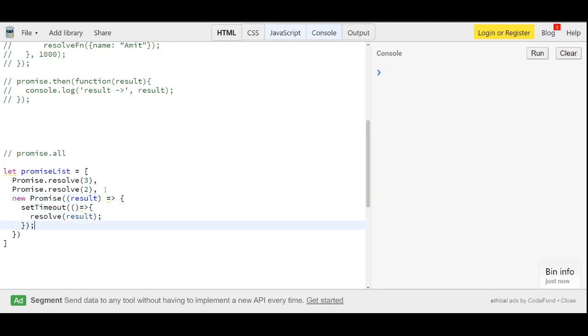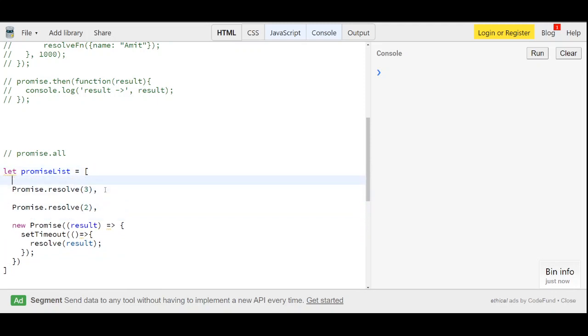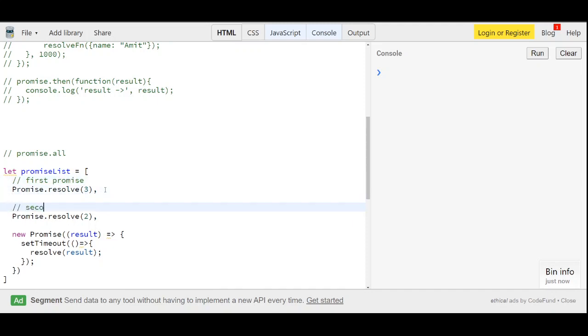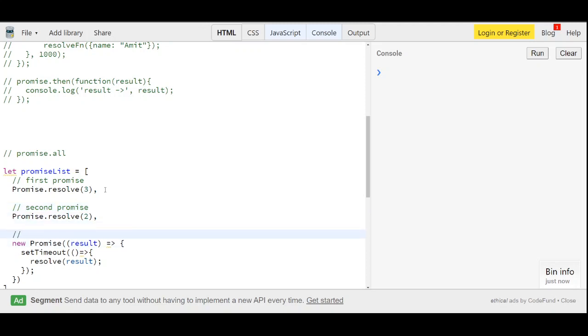So we are resolving the result here, right? So this is the first promise, this is the second promise, and this is actually a mimic basically.